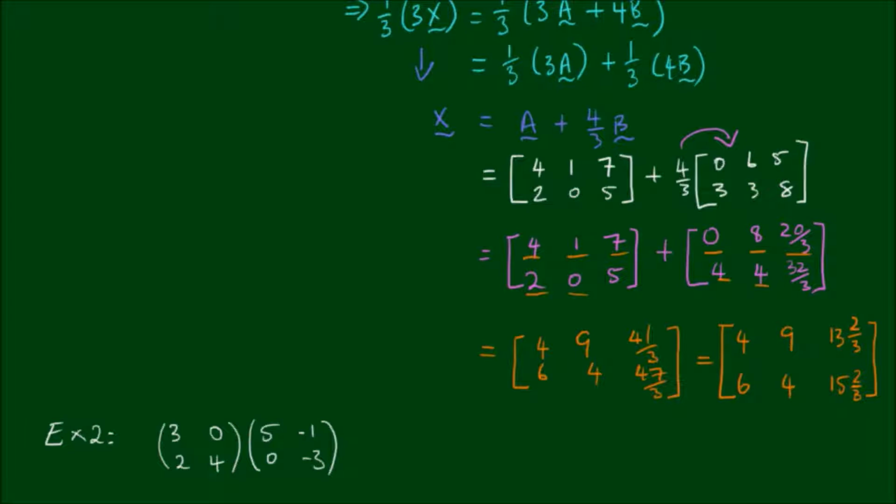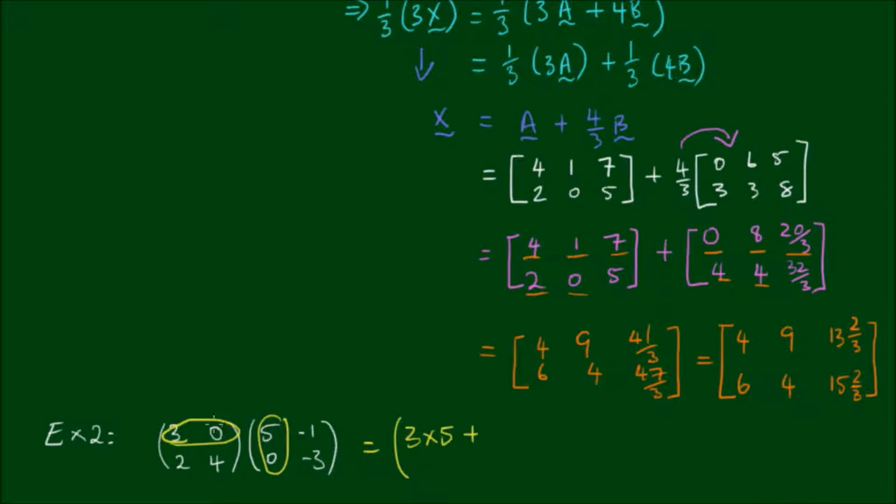Okay, for example 2, let's find the product of these two matrices. So the first entry is the product of the top row of the first matrix by the column of the second matrix. And when you come to learn about vectors, we're actually finding the dot product of this particular row 3, 0 and the column 5, 0. So 3 times 5